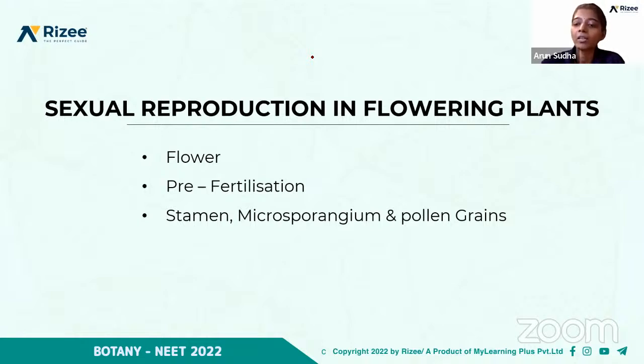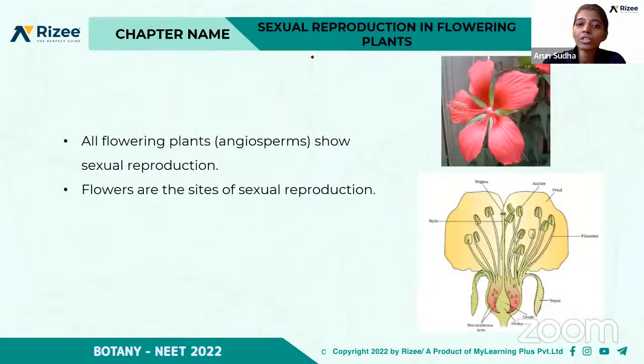So, okay. So what is sexual reproduction? Already we saw that there occurs a difference between the asexual reproduction and the sexual reproduction. So sexual reproduction involves two partners, right? And also it involves the formation of male and female gametes. So all the flowering plants,